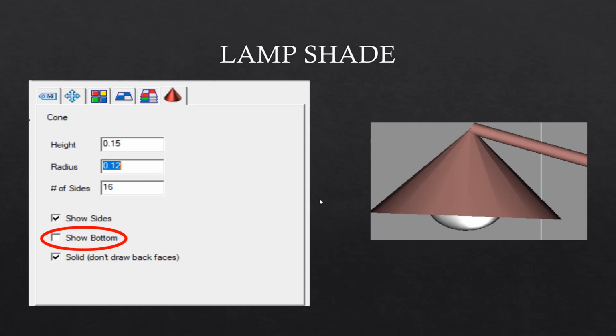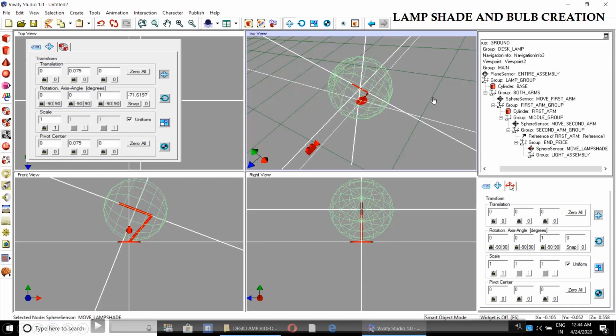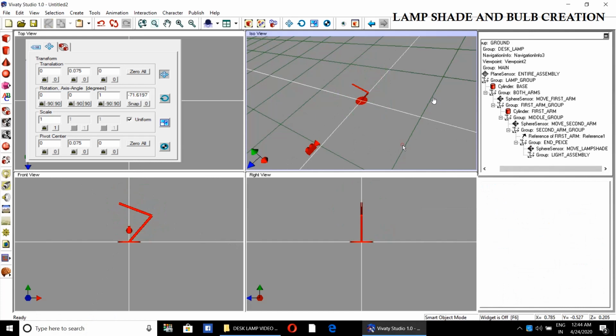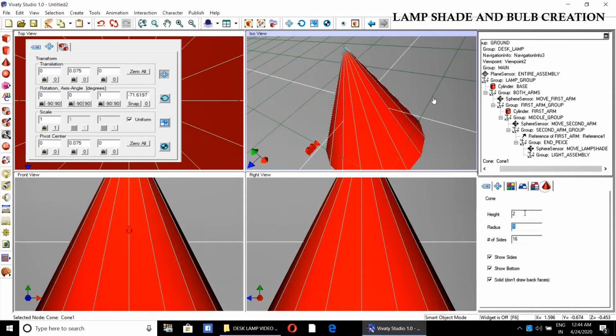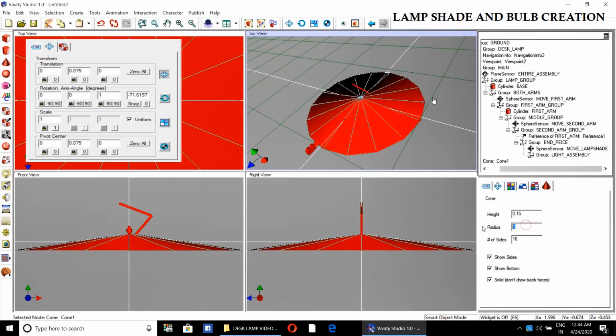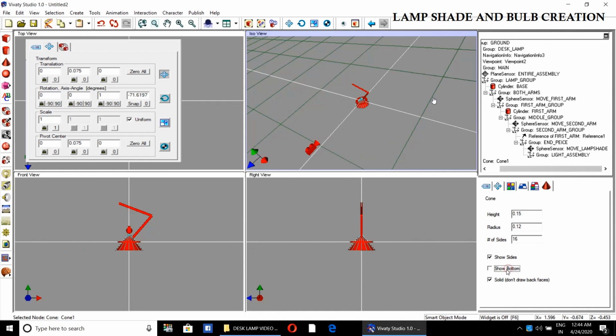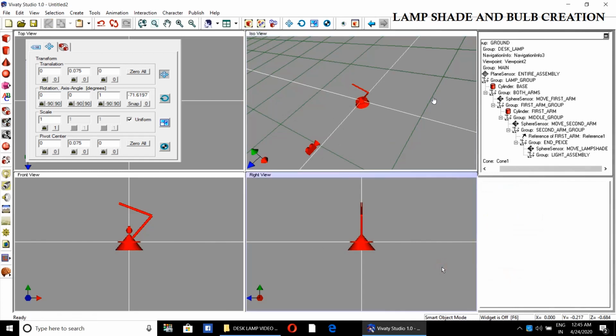Then there will be lampshade like this. Uncheck this show bottom so that it will be hollow shape.